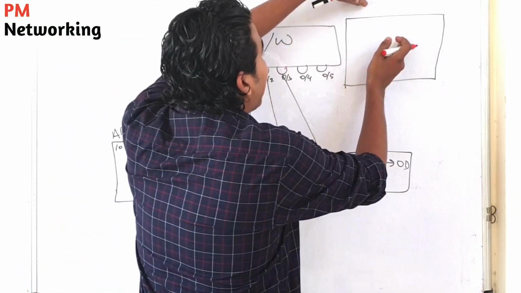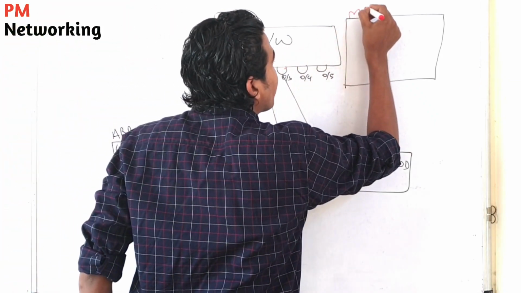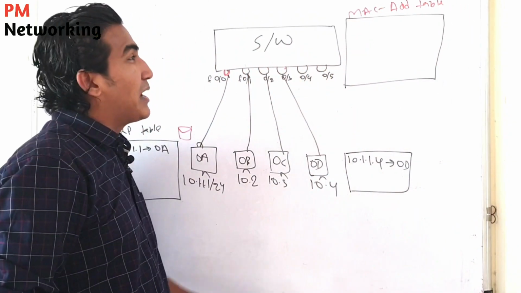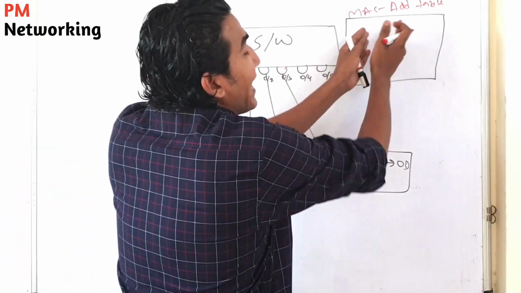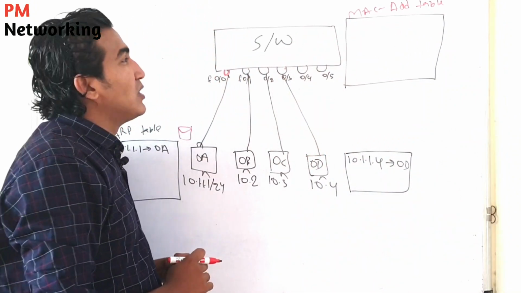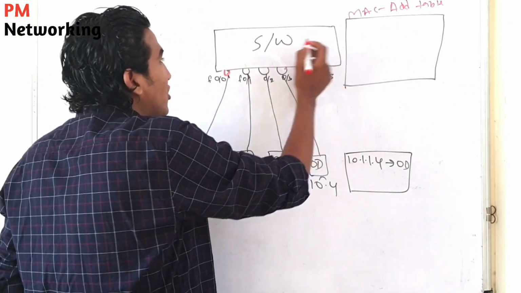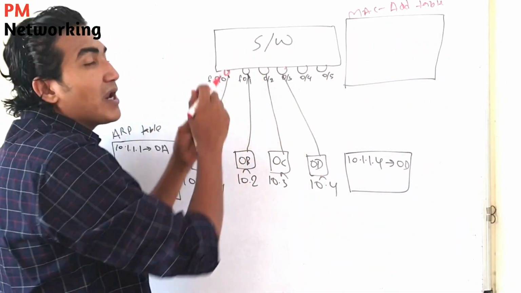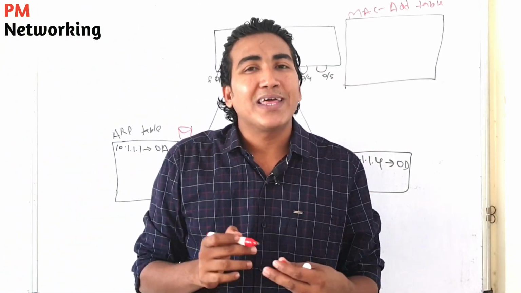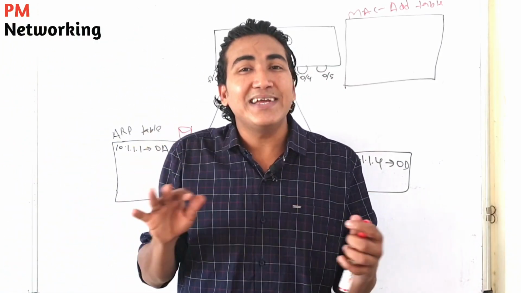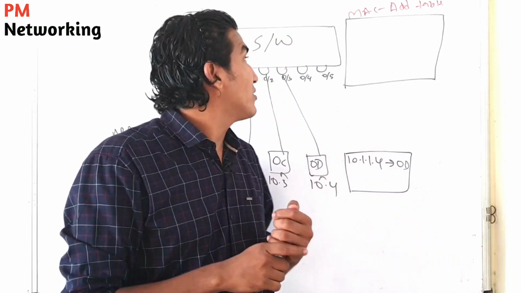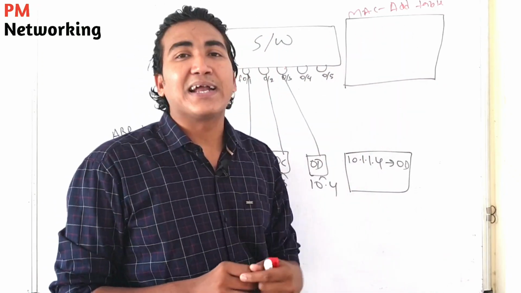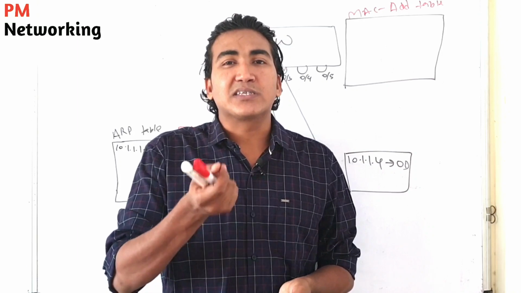So this is the MAC address table of this switch, or you can also say CAM table. But there will be no entry in its MAC address table. So how will the switch learn MAC addresses and make entries in its MAC address table? Always keep in mind that whenever a switch receives traffic on any interface, on any port, first of all, the switch will make an entry in its MAC address table of where this traffic is coming from, right?